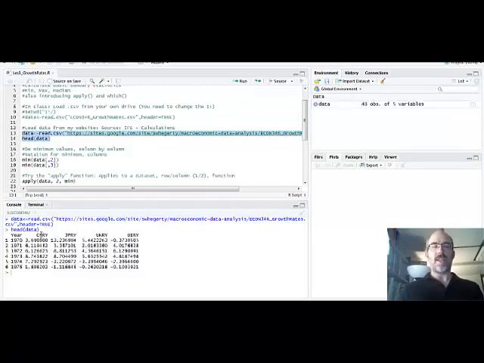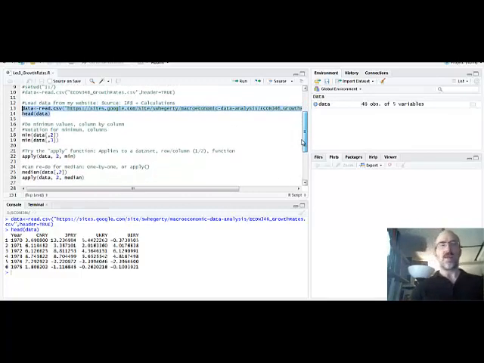And you can see here I've got Canada real growth rate. Remember, Y is GDP. And I've got Japan, the United Kingdom, and the United States. And the head, the first 5 observations, shows that these are some plausible growth rates in percentages from year to year. All right. So first thing we're going to do is minimum values, which is min, M-I-N, and then what we're going to take